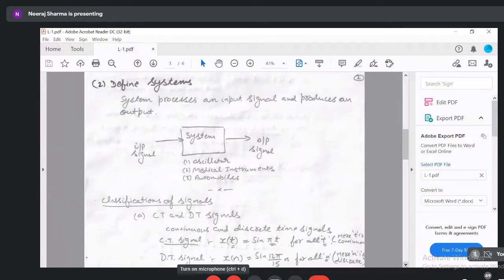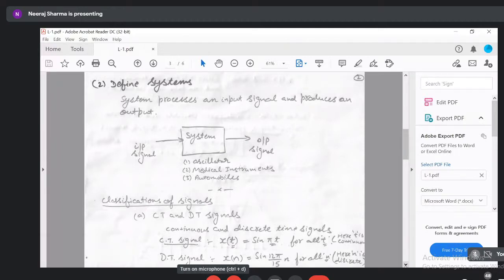As soon as you apply the brakes, the gears and trains experience a kind of interrupt, and the brakes are applied on the wheels of the vehicle, and the vehicle will suddenly stop. So that is how the mechanical or automobile systems work under the influence of different types of input signals.